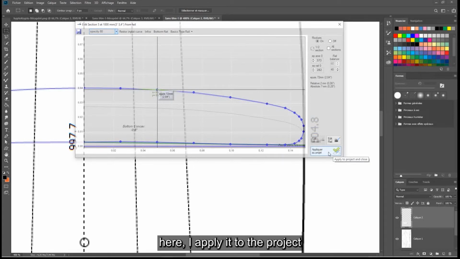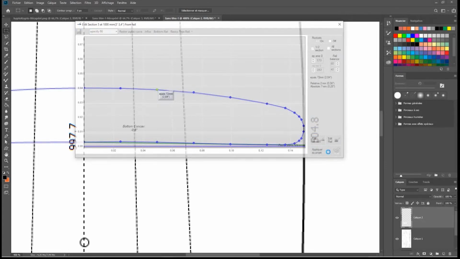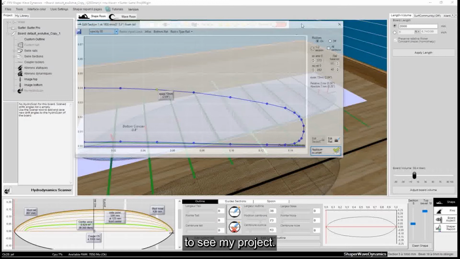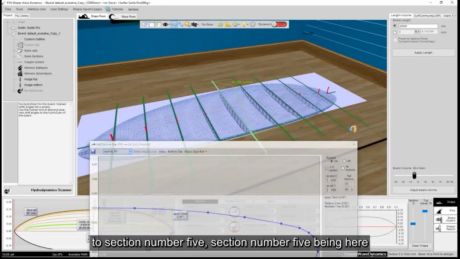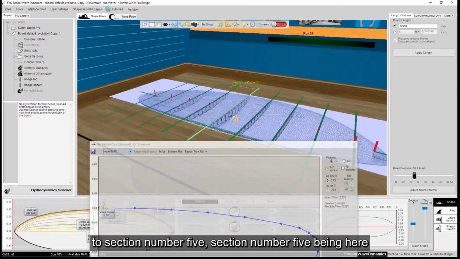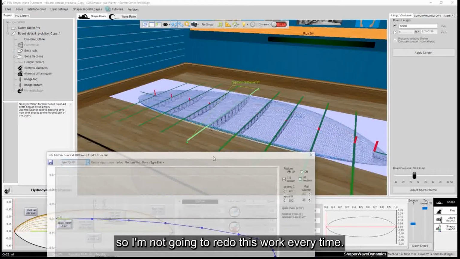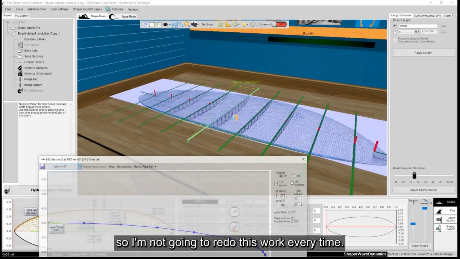Here, I apply it to the project. I will reduce this one to see my project. So what I did is apply my template to section number 5, so I'm not going to redo this work every time.